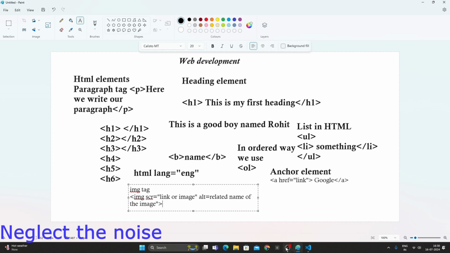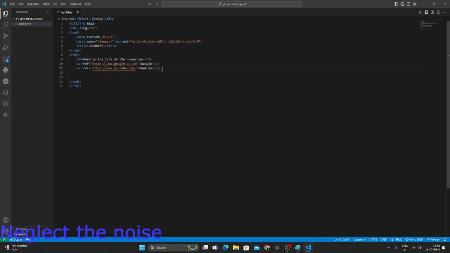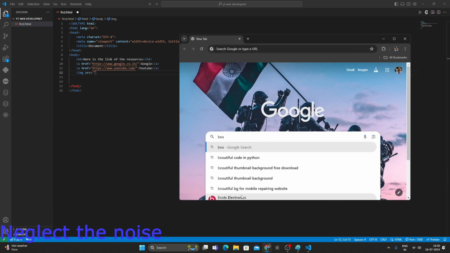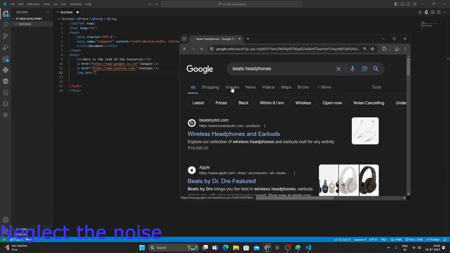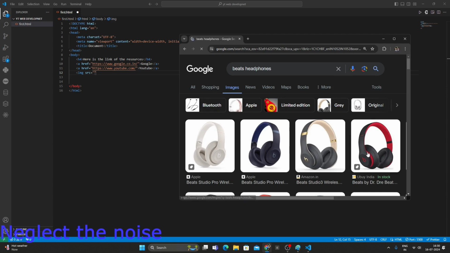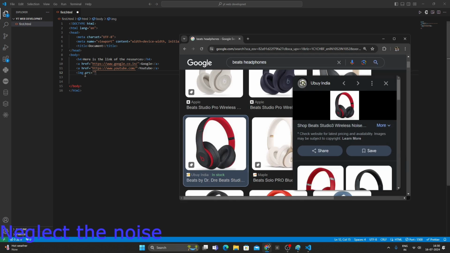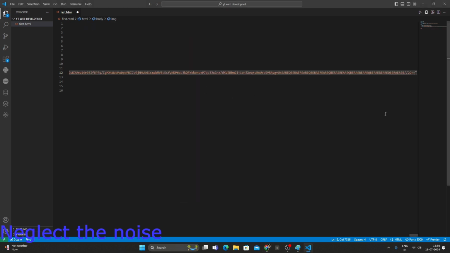Okay, so let's implement that also in our VS Code. Suppose I am writing here img src, and suppose in Google I'm searching, suppose this one I want to show. So for that I have to just copy the image address. Then I just have to click here. Okay, this is the image address, and after that I have to write